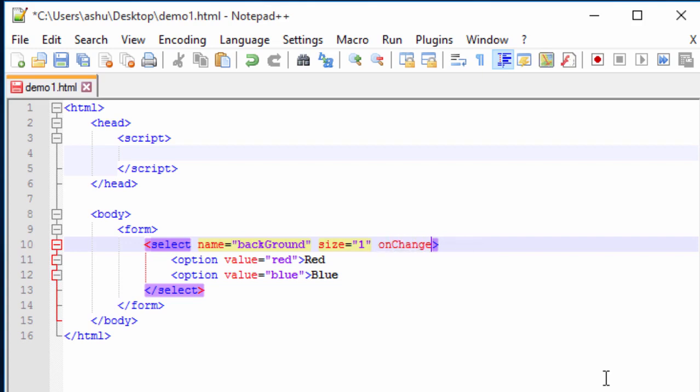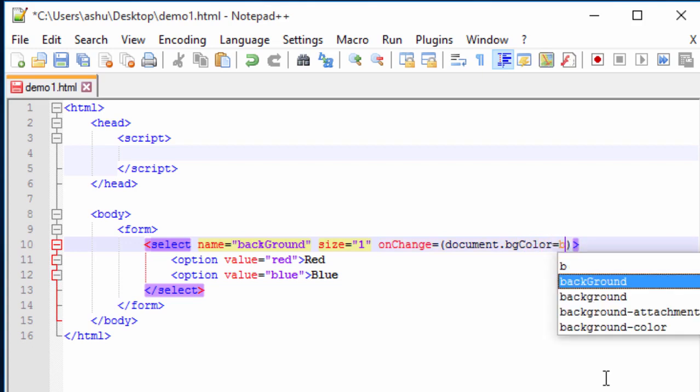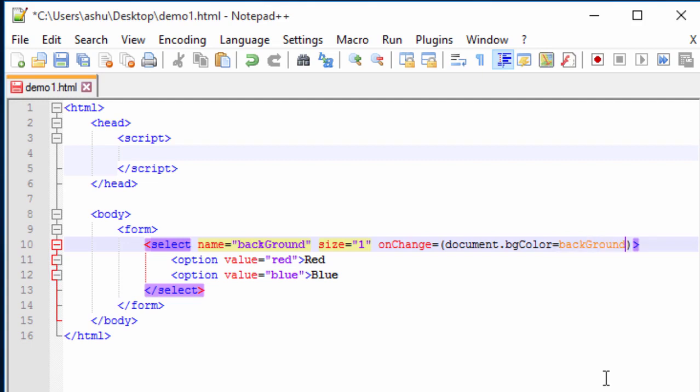So we type onChange equals document, as we are going to change the value of the document. So we type document dot, and the thing which we are going to change is the BG color or the background color. So for background color we type bgColor, then we type equals background, which is nothing but the name of our select box.